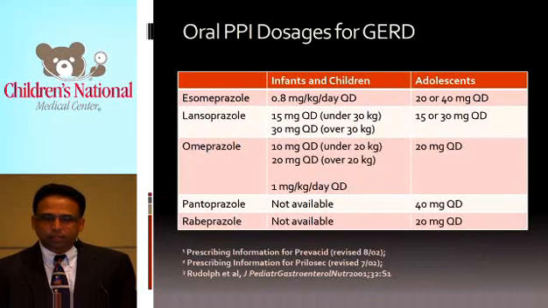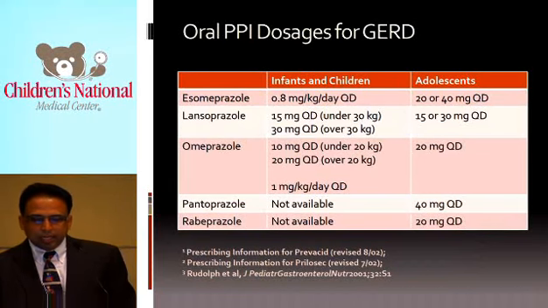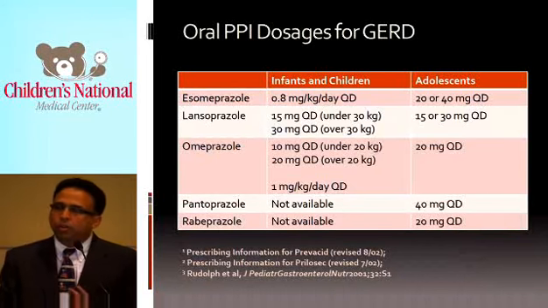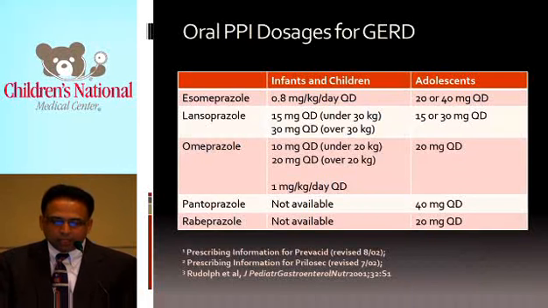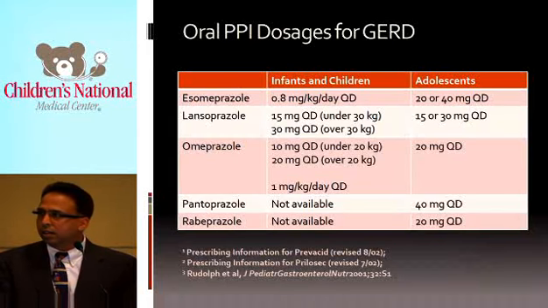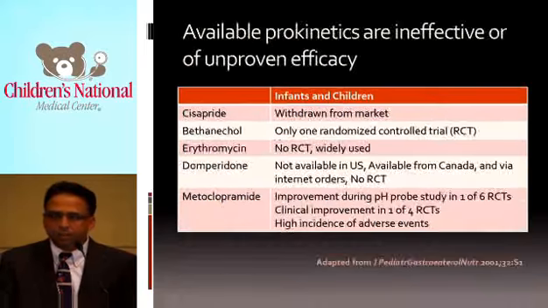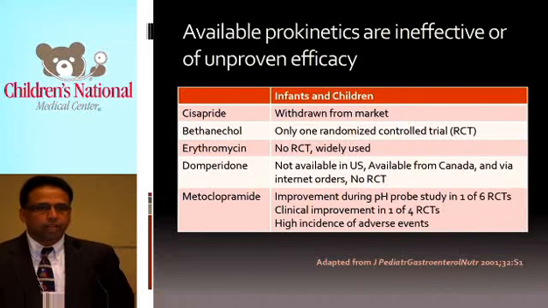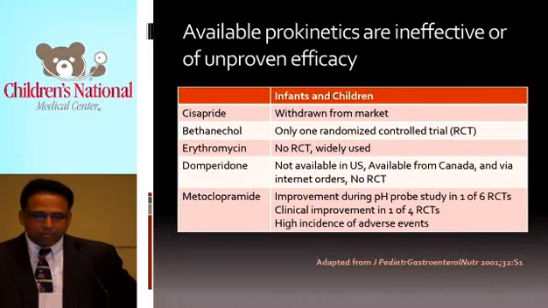It's typically recommended for somebody who has an ulcer. Lansoprazole or Prevacid, I like it because it comes in a formulation called Solutab, which is very easy to administer, especially for those who cannot take pills. Omeprazole is the old purple pill. It only comes as a pill. And pantoprazole is an IV medication, and rabeprazole has the longest half-life, so I use it a lot in patients who have nocturnal reflux. That brings us to the Achilles heel of gastroesophageal reflux disease, which is prokinetics.